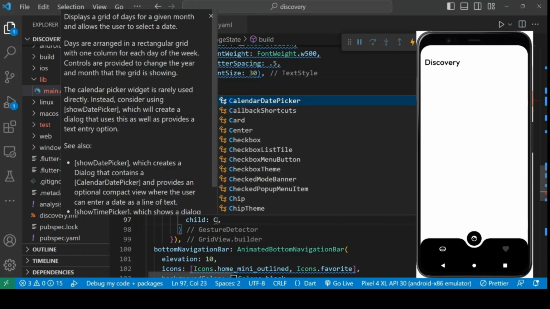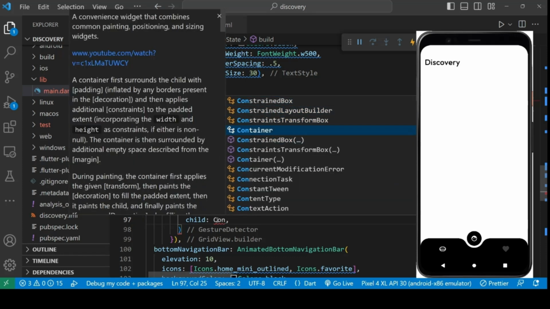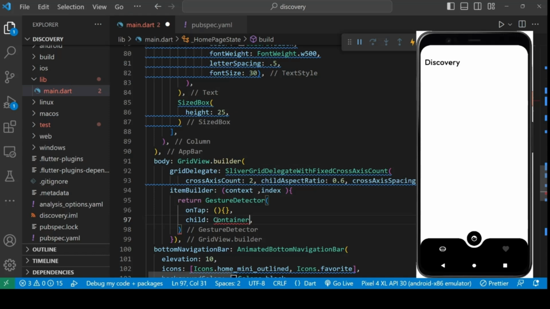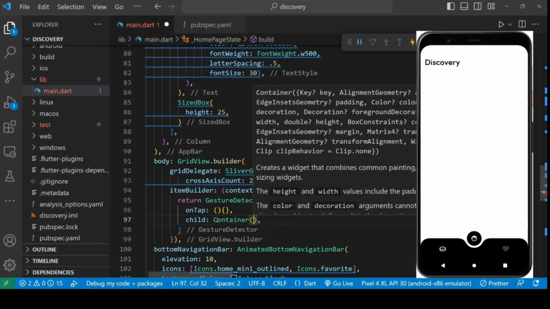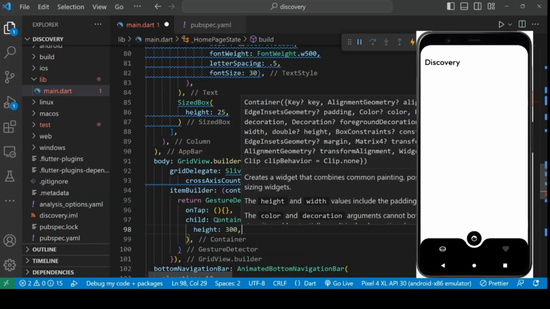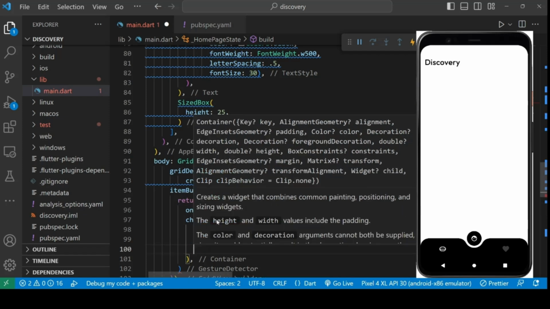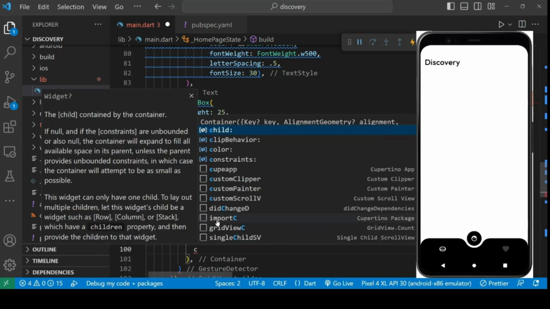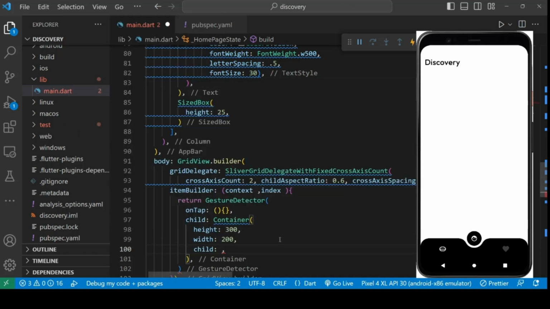Firstly, it will be a container. We can give properties to the container, like the height. Height we can give as 300, and width 200, and we can also give a child which should be inside this container. We want our selected image inside the container. So for the child,